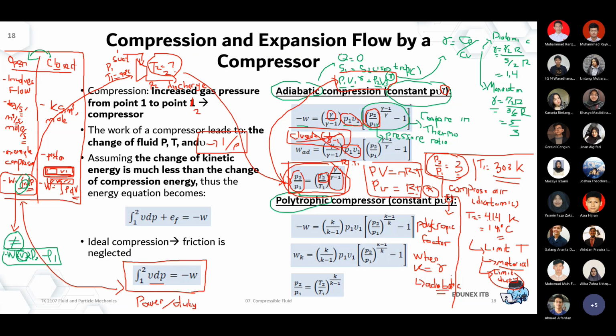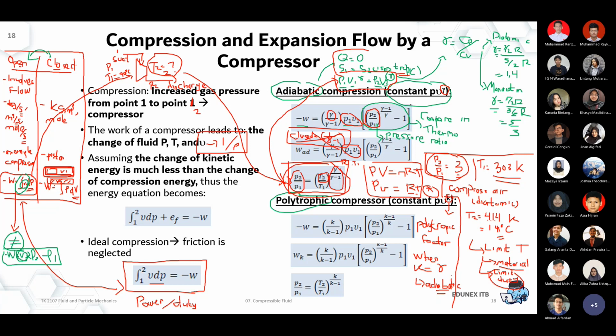Why? Because of this characteristic: when we say it's adiabatic, Q will be 0, no exchange between system and environment. We can say that it's isentropic. But we know that in actual life, that's not always going to be the case. There will be a more realistic approach when we measure directly on the compressor, and that's where the polytropic factor becomes more useful, because now we can correlate T1 and T2 more flexibly.